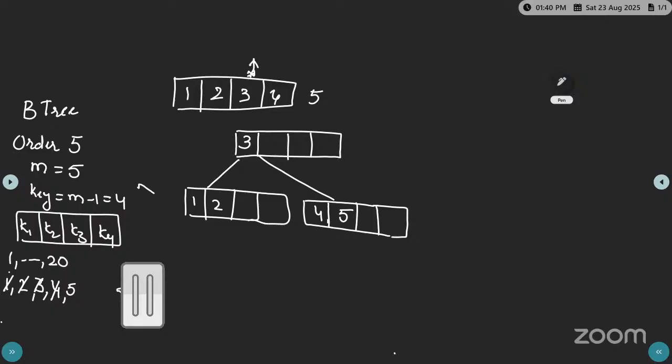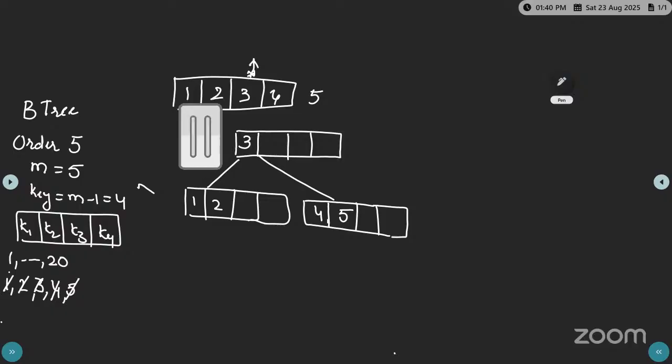And very important. You inserted 5. Yes, correct? Now you have inserted 5. One more new B tree is available in your hand. This is a new B tree, the new B tree after inserting 5. Up to 4, no problem, but it becomes a little bit complex with 5. And now